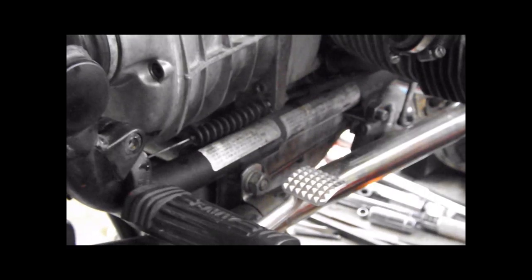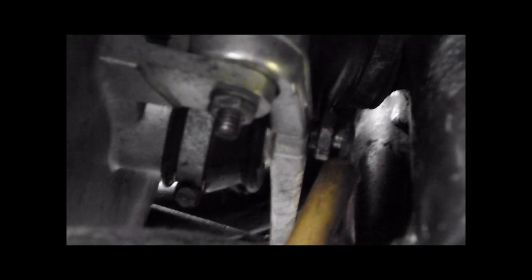We are dead nuts right where it needs to be. No adjustment necessary. If it needed to be adjusted, the way you would do that, if the cable length that we just measured was incorrect, you would change that at the handlebar. You get your free play by adjusting it here on the transmission. So right now, since we're where we need to be, and the free play is acceptable,